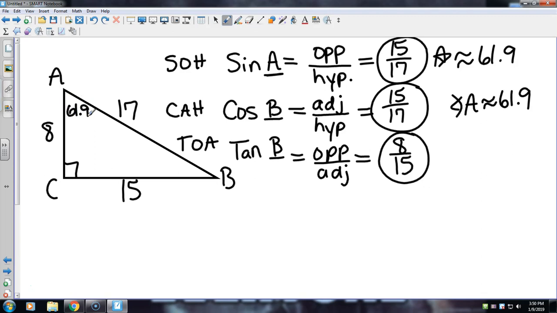So 90 minus 61.9 gives us 28.1. So angle B would be approximately 28.1. And that's how to find them